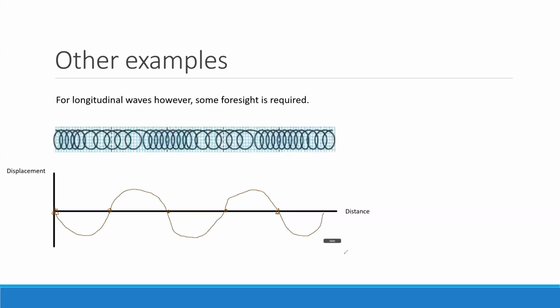Excellent. What assumption did you make, Saleh? I don't know. I just saw that the beginning here is a compression, and then here's a rarefaction, and then I just continued along the slinky. It's not really an assumption. It's more of an observation. It's a factual observation. The assumption you made is that right is positive. I started at 0.